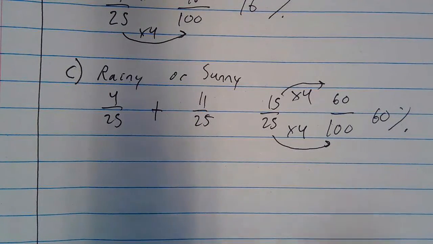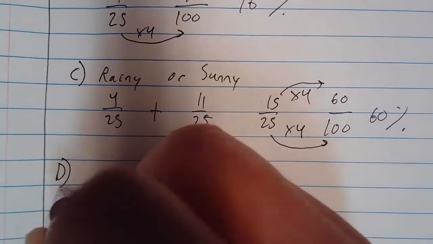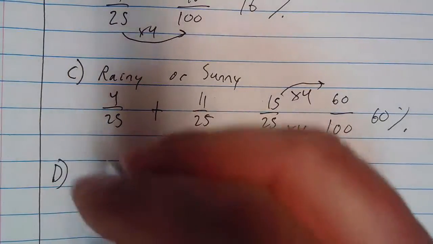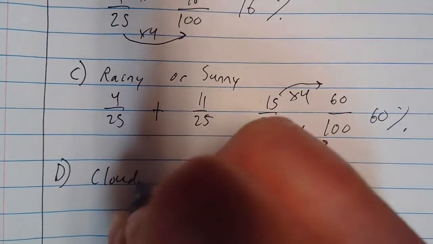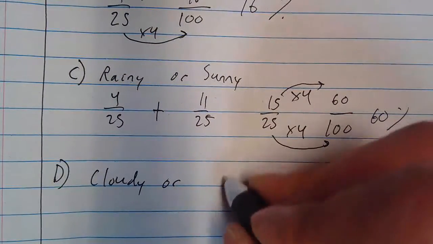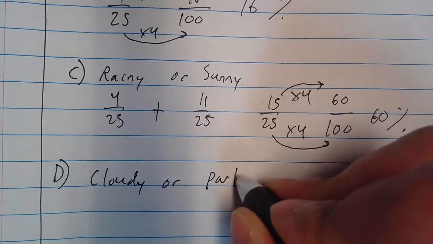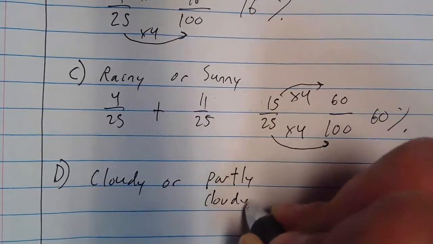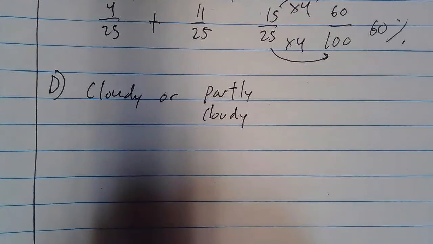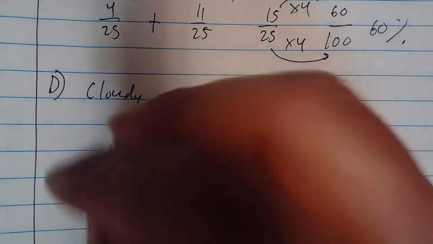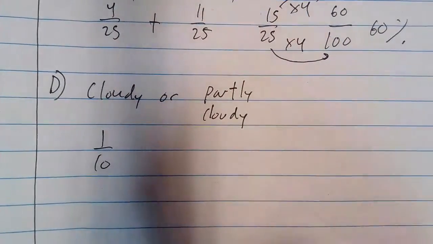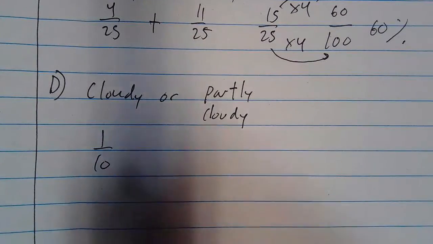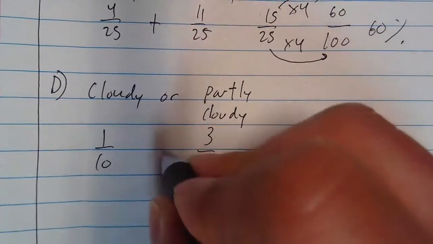Now, here's another one. A little different. What percent of the days were cloudy or partly cloudy? And if you did the other problem, you understood it, I think you know where we're going to go with this. Okay, cloudy days, 1 out of 10 days. Partly cloudy days, 3 out of 10 days. Oh, by the way,